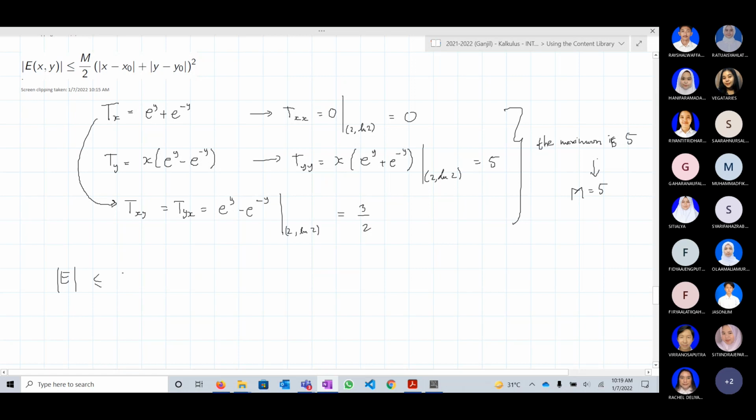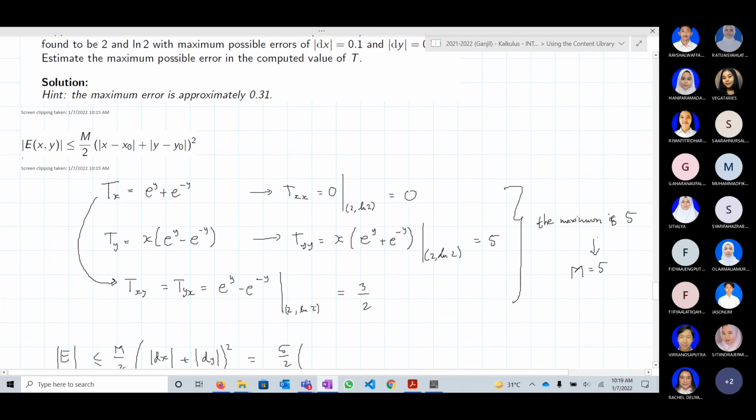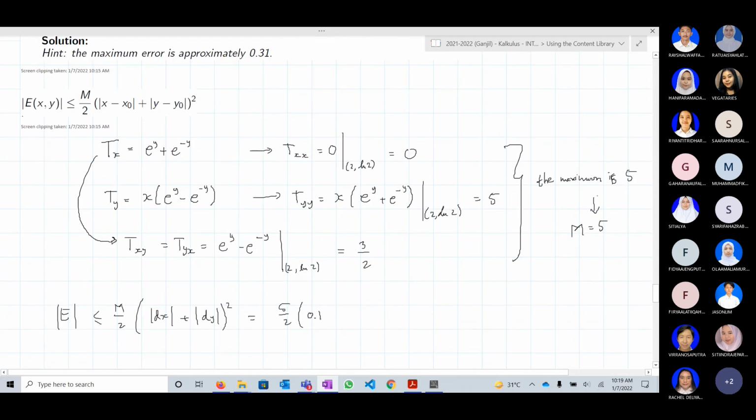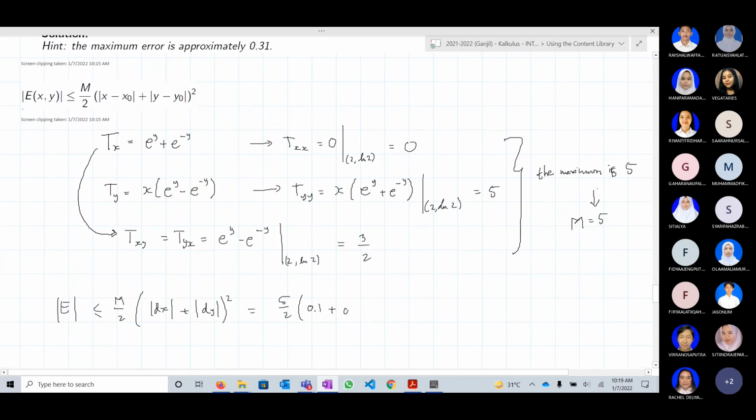The error is less than or equal to 5 over 2 times (x minus x0, basically dx, plus y minus y0, basically dy) squared, which is equal to 5 over 2 times (the norm of dx is 0.1 plus the norm of dy is 0.02) squared, which is 5 over 2 times 0.12 squared. Then in this case, we have